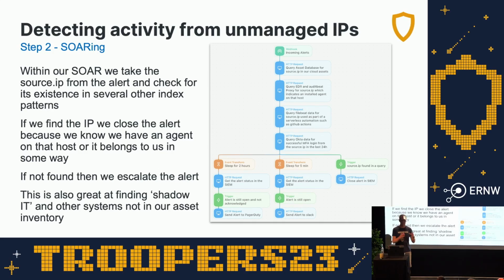Or maybe the EDR broke on this laptop because it's 8 years old and it's time to get this new user a laptop. This is amazing at finding shadow IT, which is a different problem, but also a problem that needs to be solved. But once you work through the shadow IT stuff, then at that point you should only see alerts when somebody's using these tokens from untrusted IP address space.